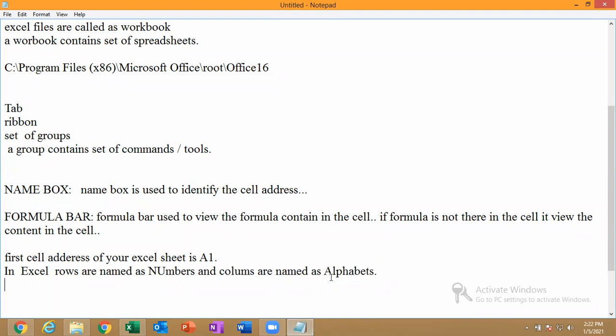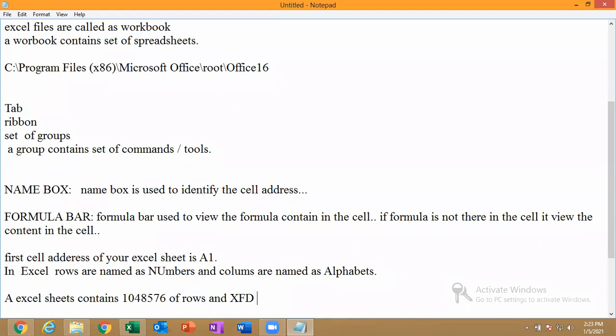And how many rows are there in a sheet? An Excel sheet contains 1048576 rows and XFD.